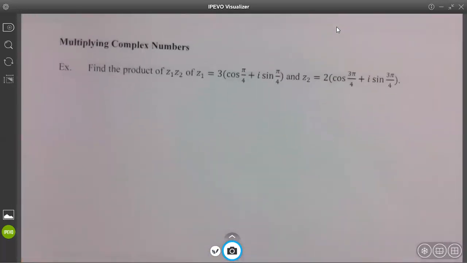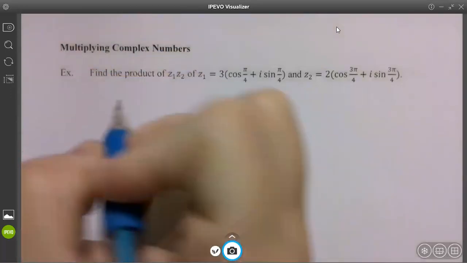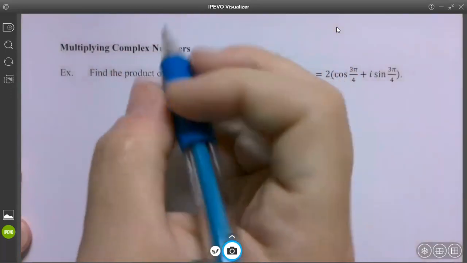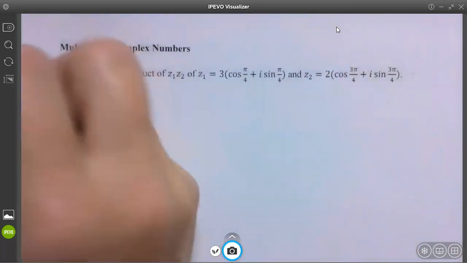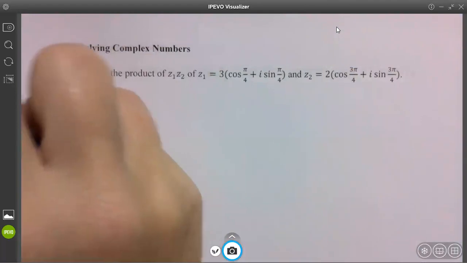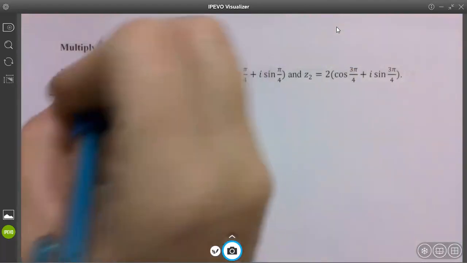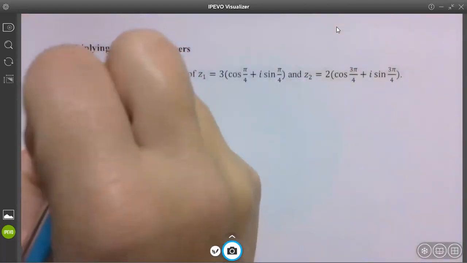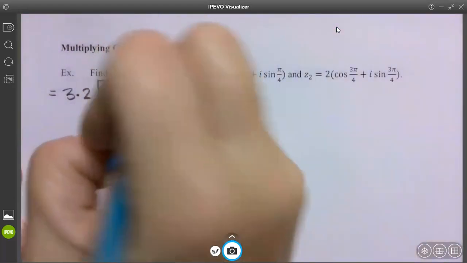Multiplying complex numbers, find the product of Z1, Z2. Z1 equals 3 cosine pi over 4, I sine pi over 4, and Z2 equals 2 cosine 3 pi over 4, and I sine 3 pi over 4. So again, we're just finding the product. So we're going to go straight from what it told us on the last page. So R1 times R2 times cosine